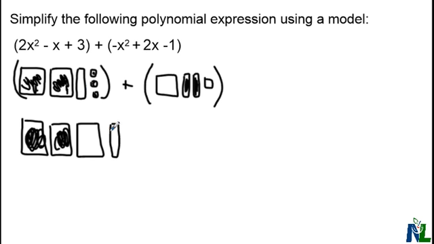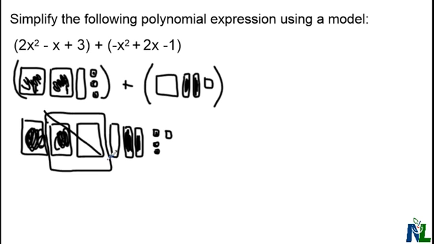My negative x and my 2 positive x's. 1, 2, positive. And my 3 positive unit tiles. 1, 2, 3. And my negative unit tile. Okay, so now we form 0 pairs and they cancel each other out. So this cancels. These two will cancel, and these two will cancel, leaving me with